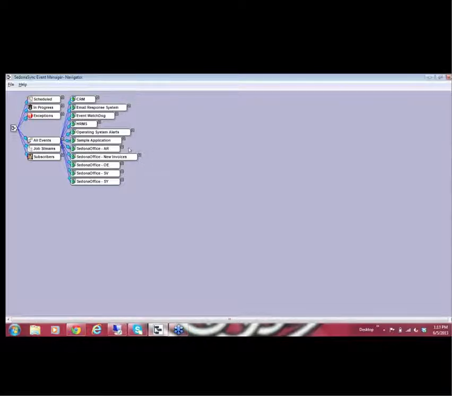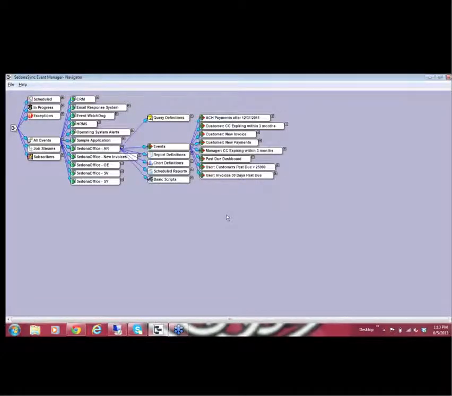So let's take an example, and I'm going to open up one event right now that we're going to look at. When I open up an event, you'll see a partial list of some of the events that have already been designed. They are covering everything from ACH payments to customers with new invoices, payments received, etc. So in this particular